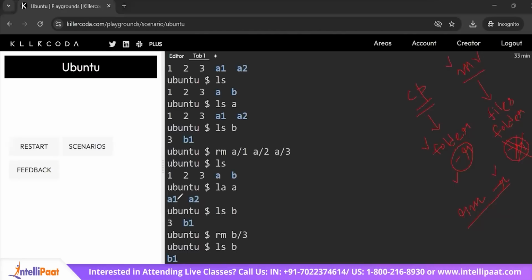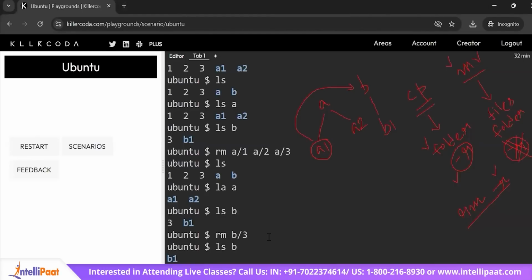Copy this folder. So the structure that is present at the moment is we have A, we have B, B has B1, A has A1 and A2. Now what I am wanting to do is copy this A1 folder and paste it inside the B folder. For that, what I'll have to do,